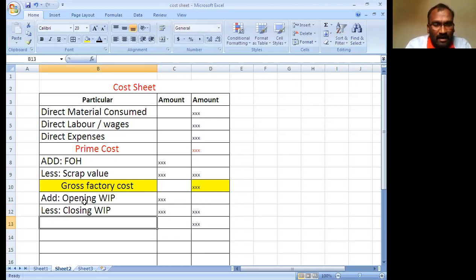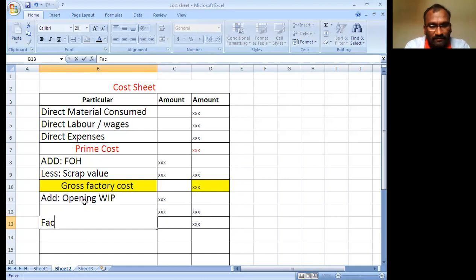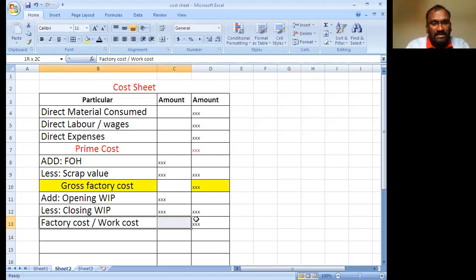Now you get the factory cost, another name work cost. Both names are the same.